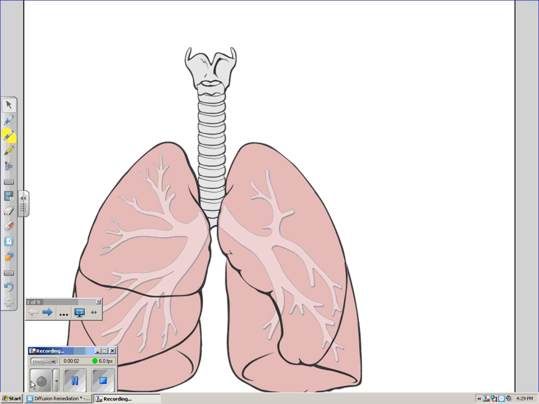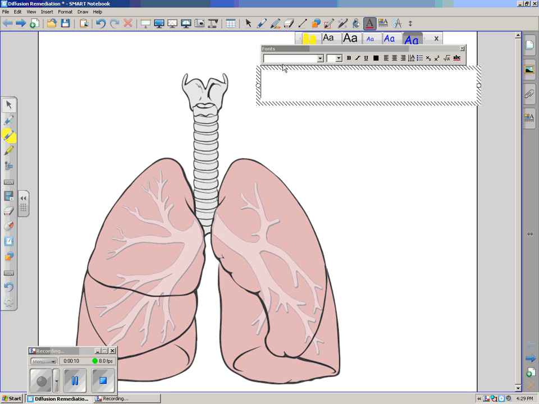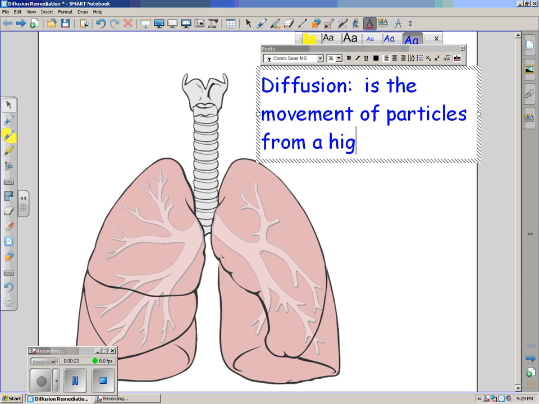Okay, I'm going to review the concept of diffusion with you. We've hit it once before, but we'll try it again here. To do so, let's start with a definition. And if you want to fill it in on your notes as I filled in up here, that'd be great. Diffusion is the movement of particles from a high concentration